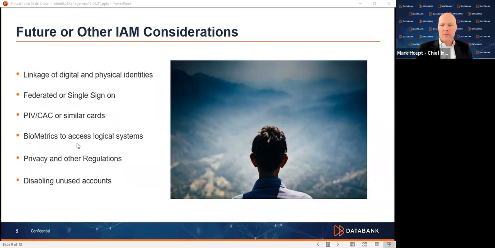Even inside of the U.S. federal government, you would have one card for accessing a building, another card for being able to access the logical scenarios. You're going to see the melding of these two coming together over the next couple of years. And those types of things are currently addressed through what's called the PIV or CAC or a similar type of card that looks like a driver's license with a credit card type chip inside of it that allows you to walk up to readers physically or plug them into your computer, and it will follow you wherever you go. So these are the linkage scenarios. The PIV CAC cards are actually the linkage between the two.